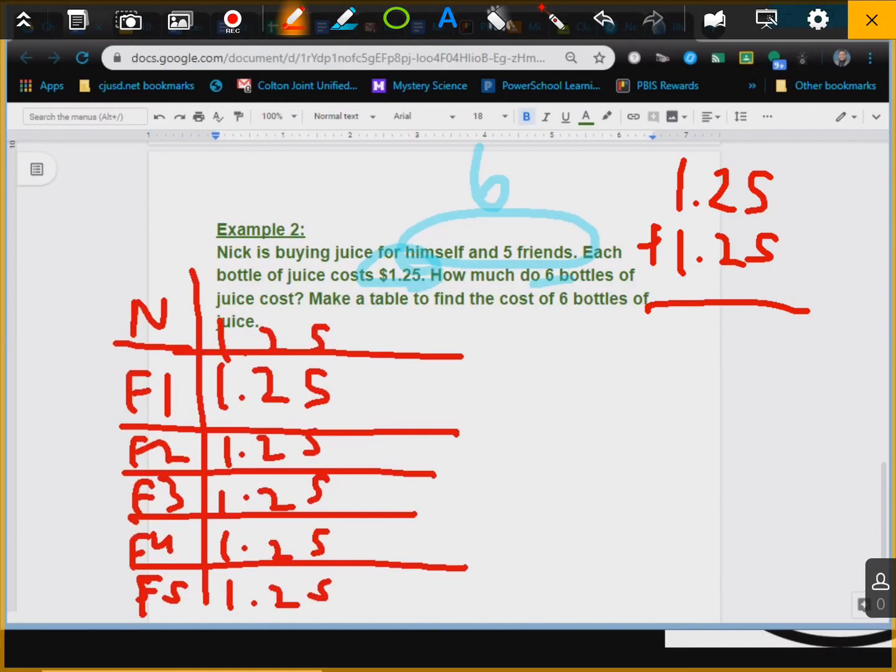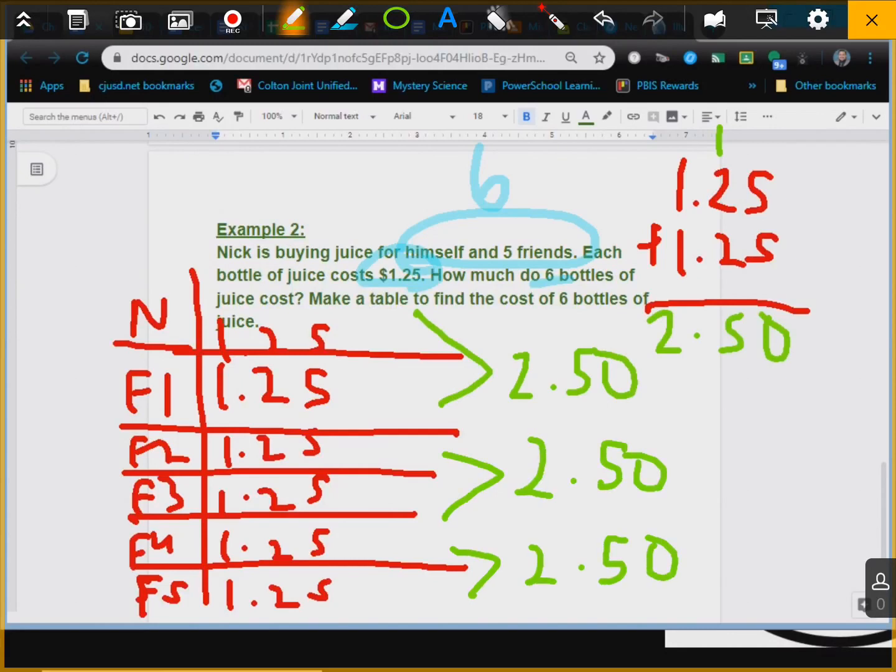5 plus 5 is 10. Carry the 1. 1 plus 2 is 3, plus 2 is 5. Bring down your decimal. 1 plus 1 is 2. So we know 2 bottles are going to be 2.50. So we could do it this way. 2.50, 2.50,